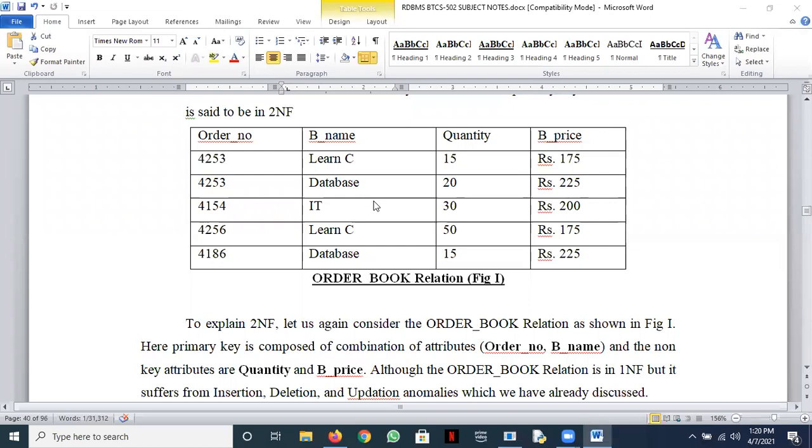Yeah, no problem. Why should we be bothered about it? Okay, let's have an answer from Prince. Sakshi, you can mute yourself. Thank you. Yes, sir. Can we add? Yes, sir. We can add the book price with the book name. Okay, Abhijit wants to answer. Prince, mute yourself, please. Book price can be added, sir, but quantity will not be added because it depends on order number. Listen carefully, all of you. You're not understanding what I'm saying. This is a relation, okay? And I want to add one row into this relation, but I have information only about the book name and the book price. The question is simple: can I add it here? Okay, Simran wants to answer.